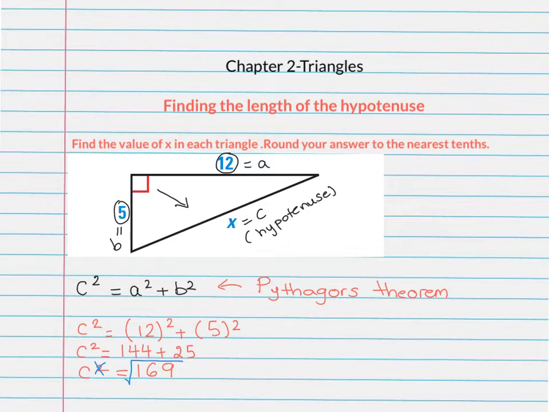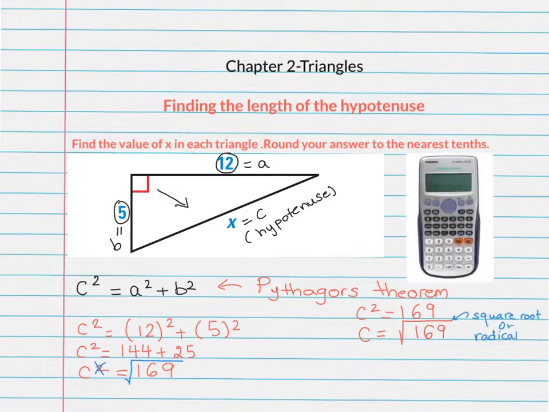So if c squared is equal to 169, then c without the power of 2 is equal to the radical or square root of